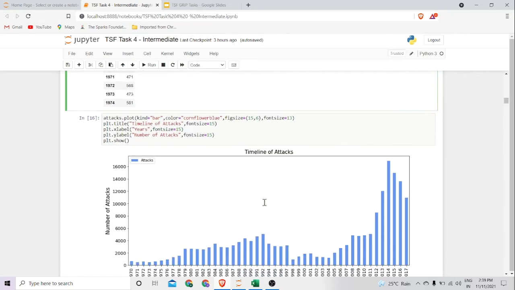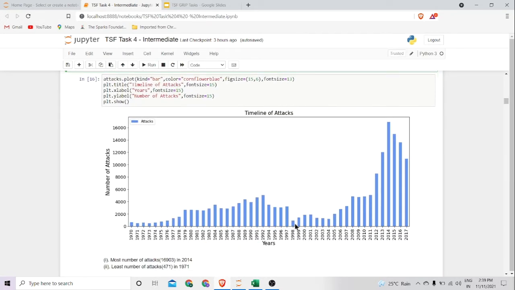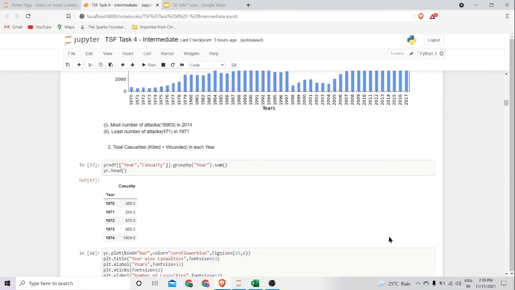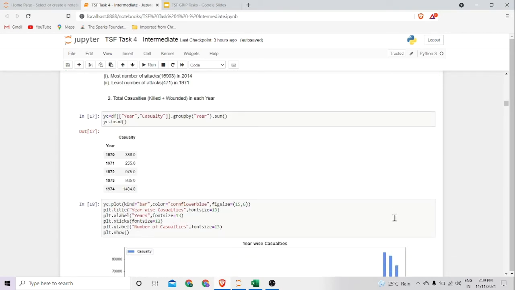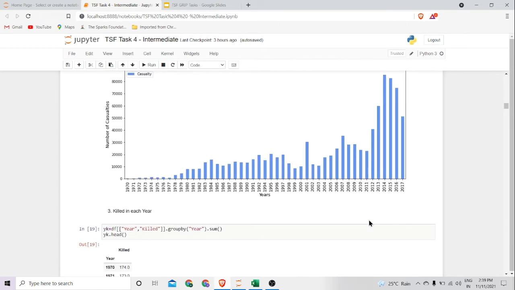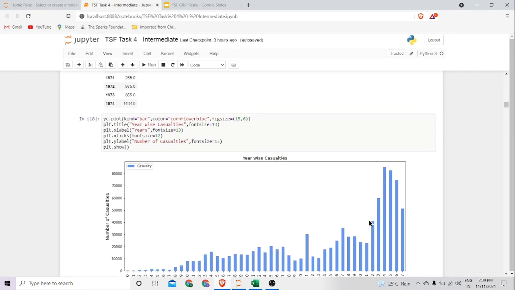So this is the bar graph representing this. If you observe this clearly, the year 2014 has the highest number of attacks. So coming to the second subpart, total number of casualties, here we are preparing a data frame for the year and casualty, and again we are representing the data frame with the respective bar graph. In this bar graph,